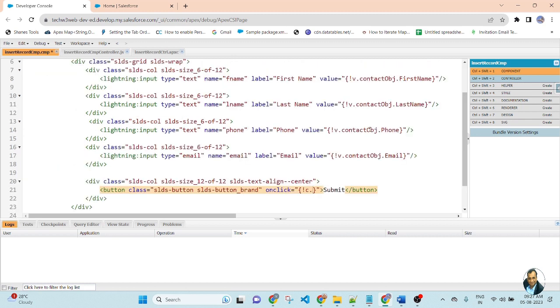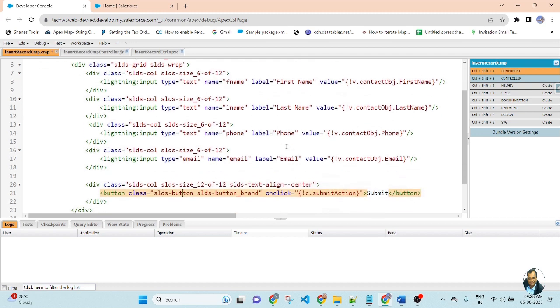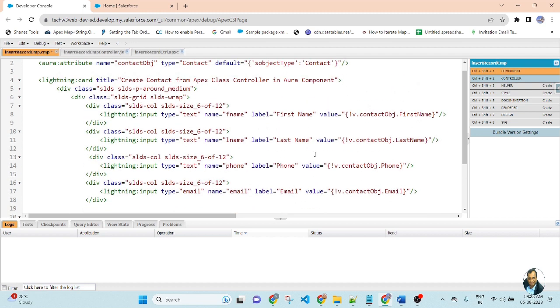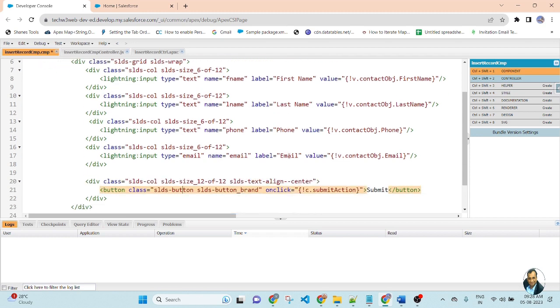Then the button with onclick equal to c dot the name of the controller function, submitAction. Submit action is the JavaScript function, so I will create it inside the JavaScript controller. Whenever you click on this button, the value of the input field will be submitted to Salesforce.